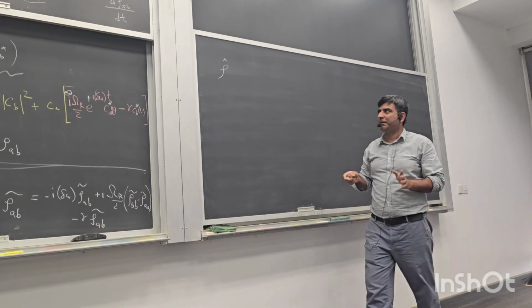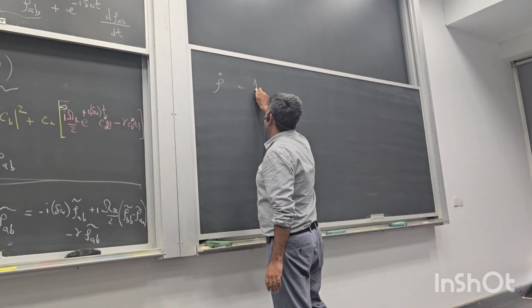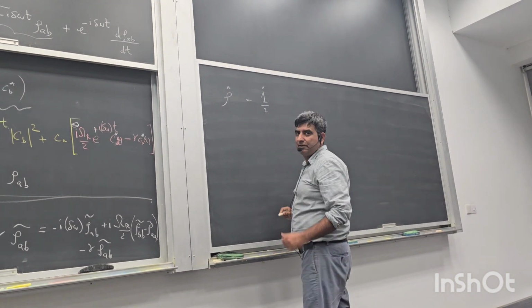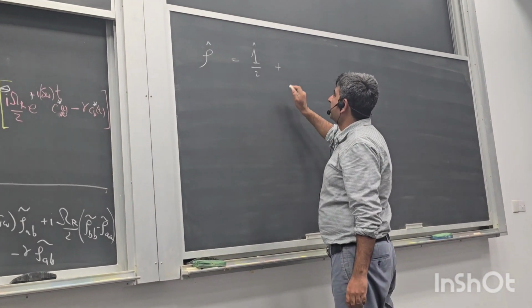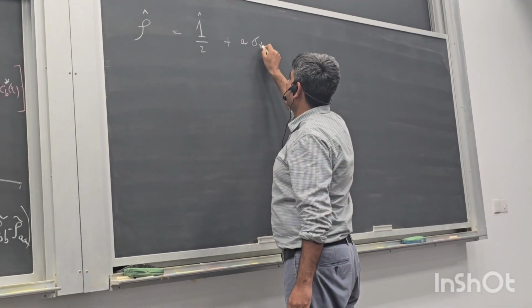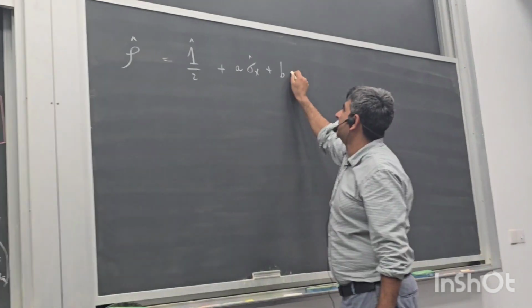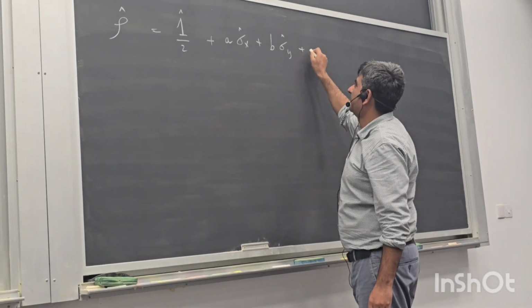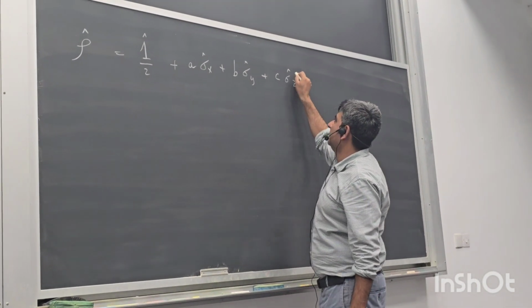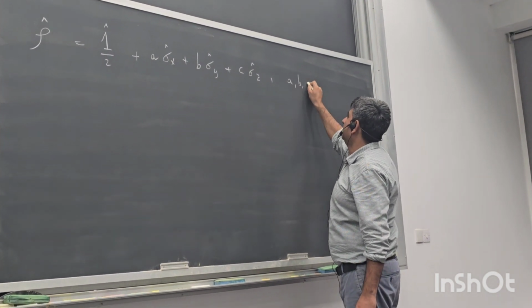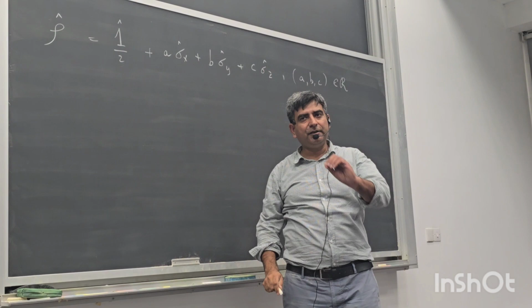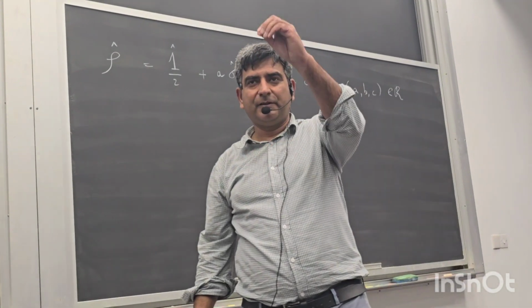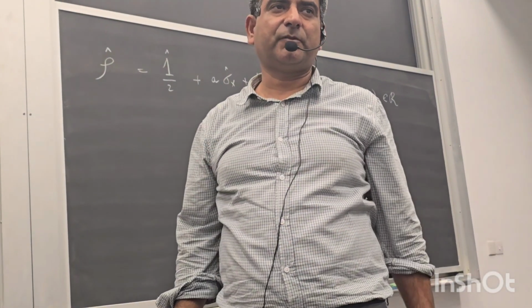So rho can be written as identity over 2 plus A sigma x plus B sigma y plus C sigma z, where A, B, C are real numbers. Any two-level quantum system, the density matrix can be written in this form,